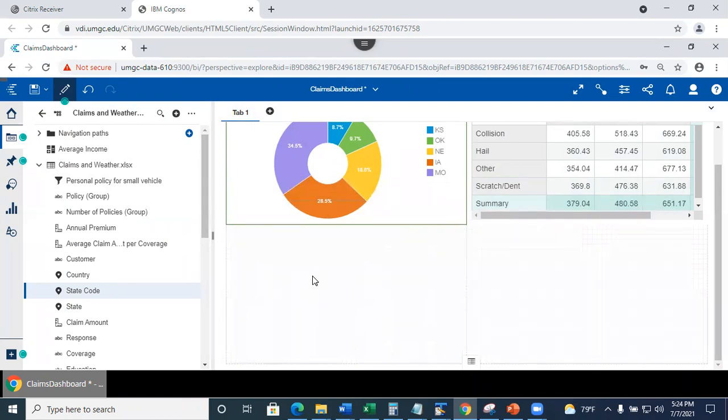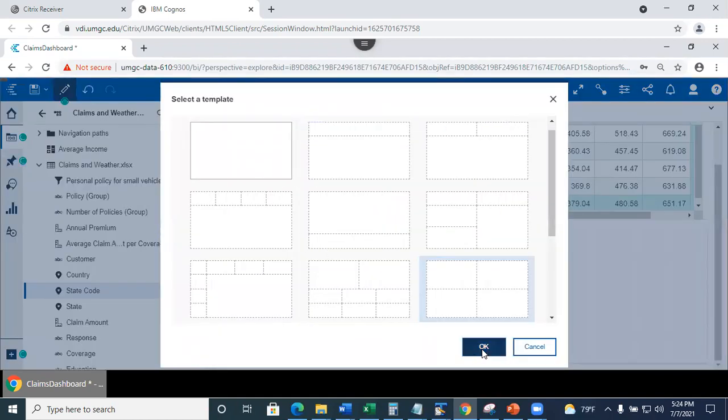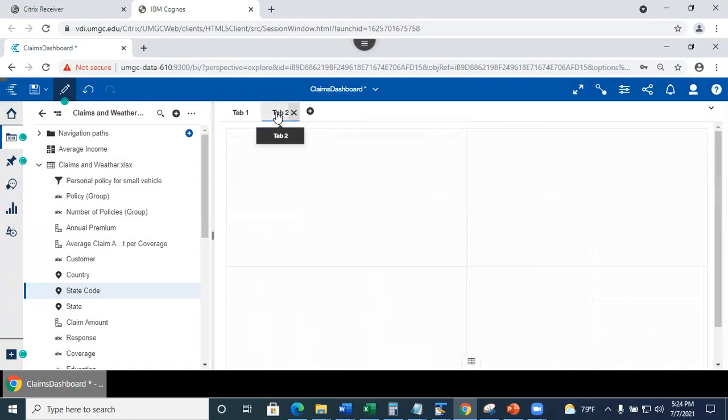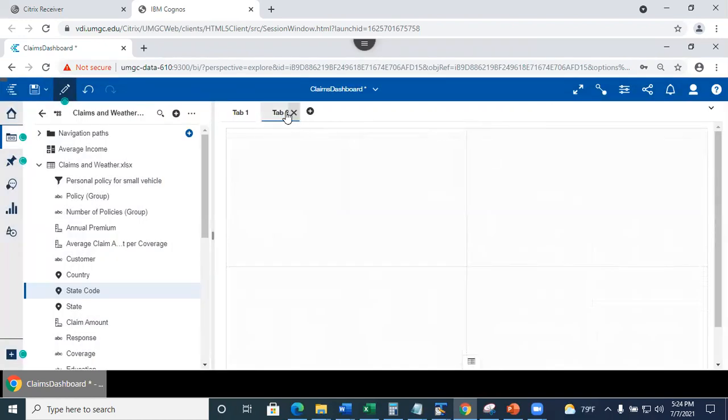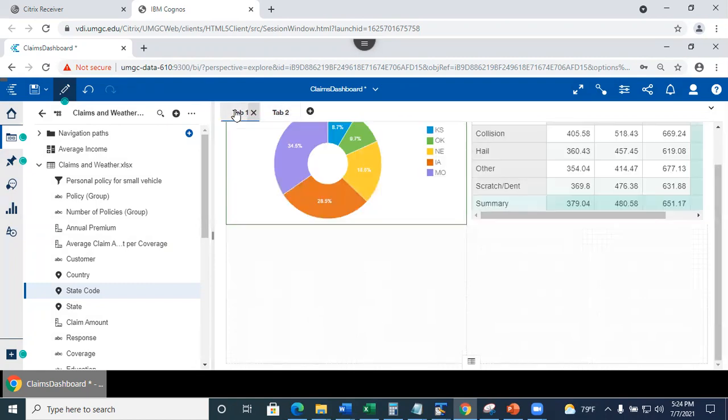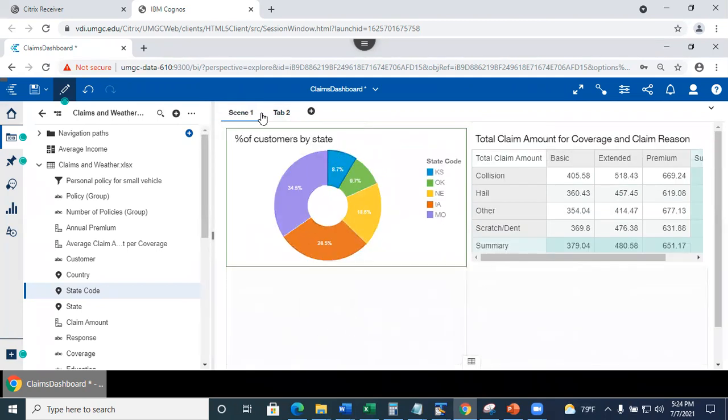Another thing is that you can have more than one tab, right? So I can click here, add another tab, and you can have a different layout. Or suppose that I created a tab, but then I changed my mind about the layout. Well, here it is, this one here. You can change the template at any time, remember that, right? Or you can also rename your tabs, right? So if I click over here, I'm just gonna name it perhaps, I'm just making it up, right? Okay, so I've got two tabs,